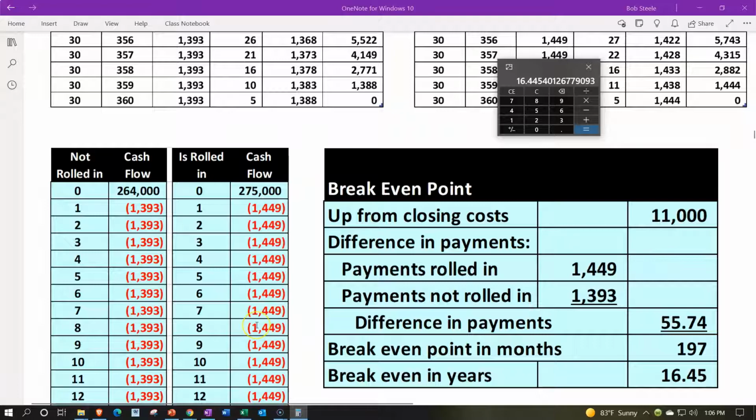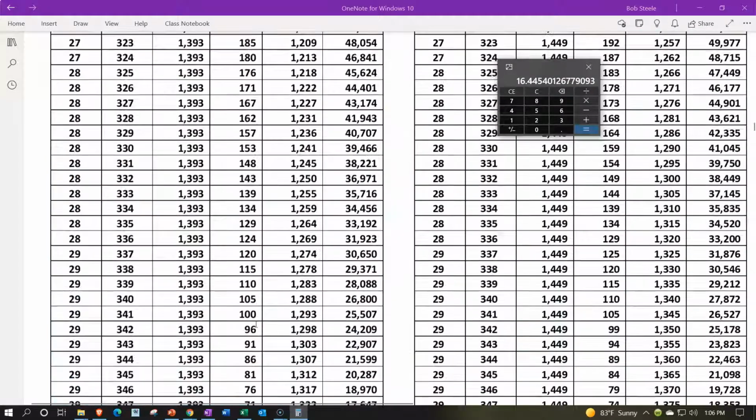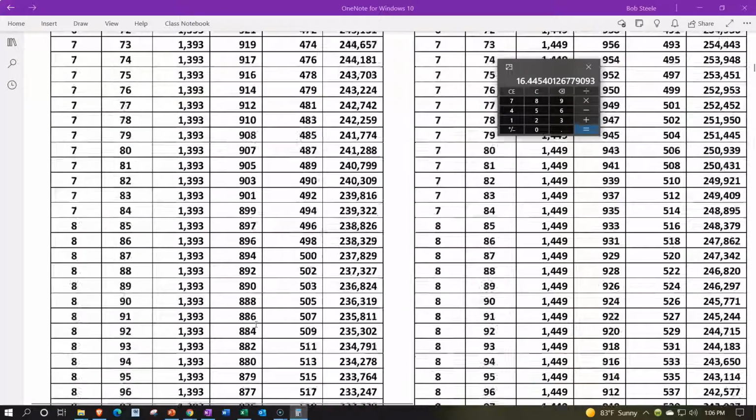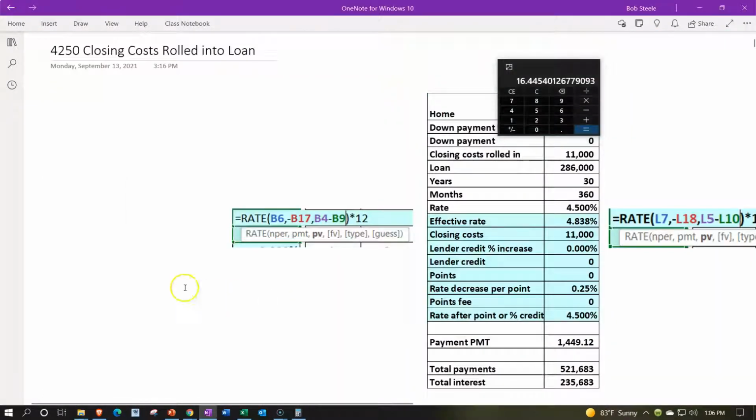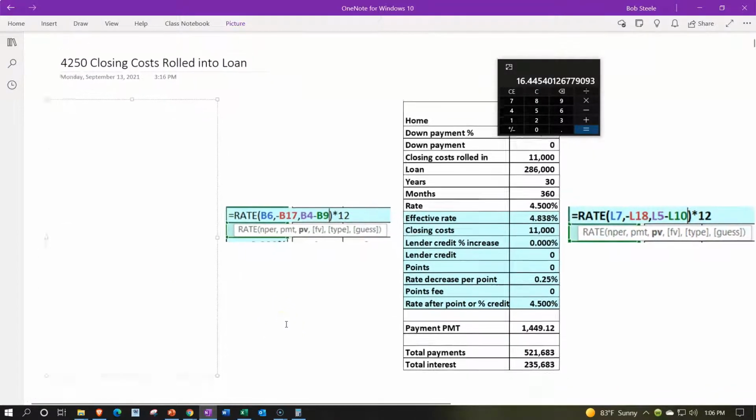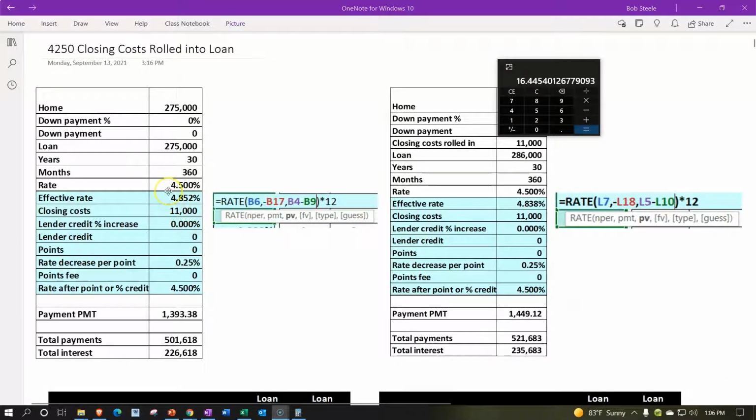Now note that this one's a little bit confusing the way it's set up, because in some of our other scenarios we were able to keep one of the two options constant. Meaning if you had the 4.5 rate here and kept the effective rate the same, we would expect the 4.5 to be the same rate throughout the loan. And over here, we have the 4.5 rate, and then the effective rate is going to be different. So it's possible to structure a scenario where the only difference is the 11,000, which might make it a little easier to find that break-even point. But when you have